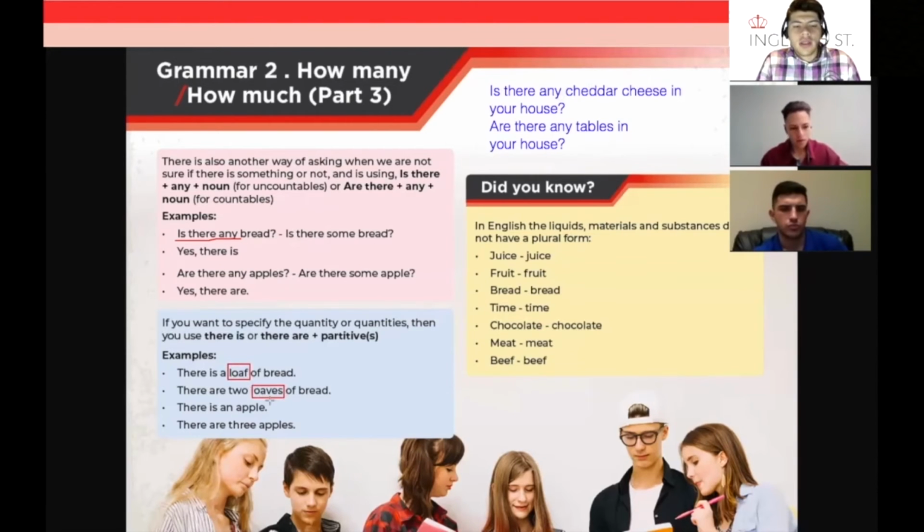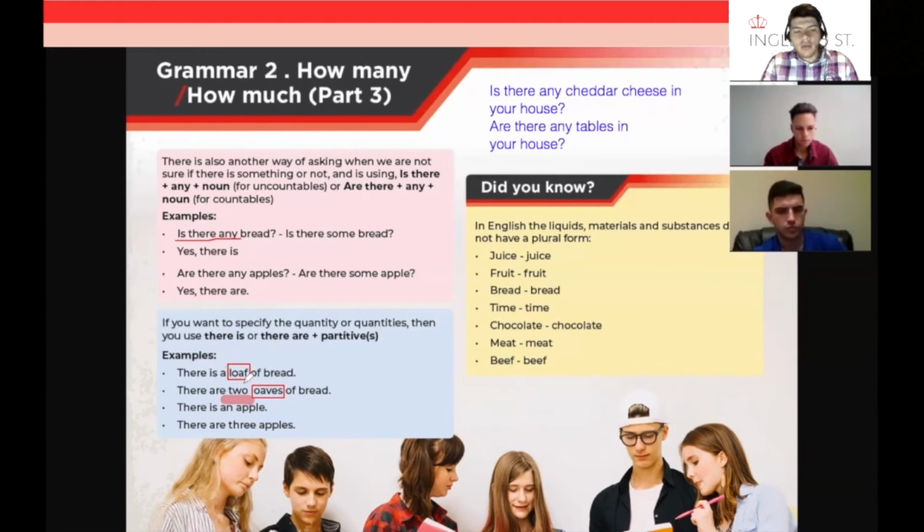Ok, ¿recuerdas que te dije que loaf era un pedazo, un pedazo de pan? So, loaves es el plural. Okay, en este caso, bueno, como están hablando de two loaves, se vuelve plural. Y como podemos ver, loaves es un countable, de modo que podemos decir two. ¿Sí? Bread es uncountable. Bread no se puede contar. Pero en cambio, loaf, que es un pedazo de, entonces sí se puede contar. Y así es como logramos contarlo.